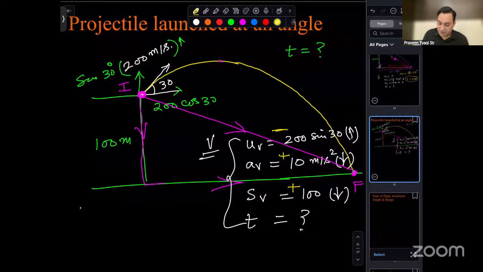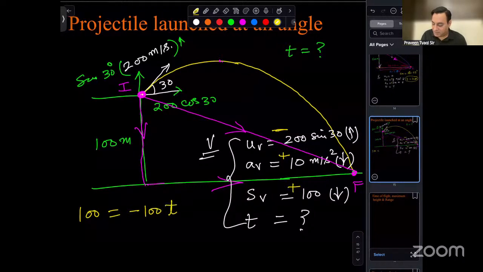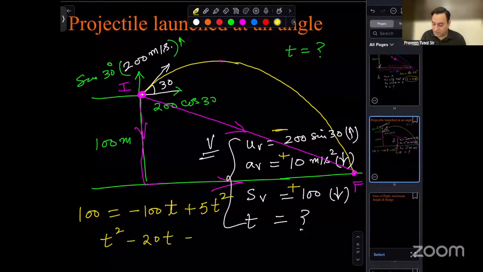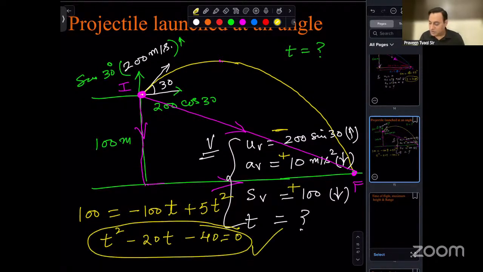And now s is equal to 100 is equal to ut. 200 sine 30 is 100 only. So minus 100t plus half at square, 5t square, 5 gets cancelled, t square minus 20t minus 40 is equal to 0. This will give you the answer. This quadratic equation you'll solve and you'll get the answer. So we are learning how to do projectile questions without applying formulae, just by resolving the velocity into horizontal and